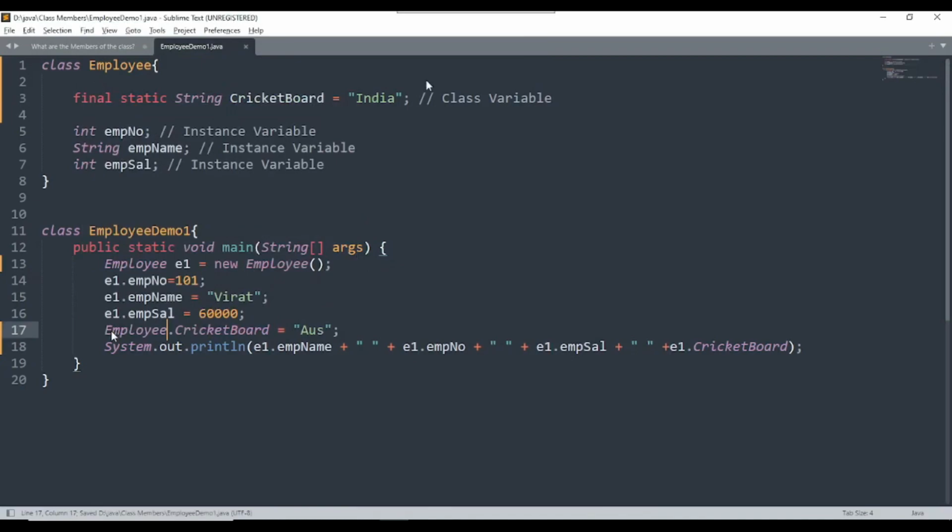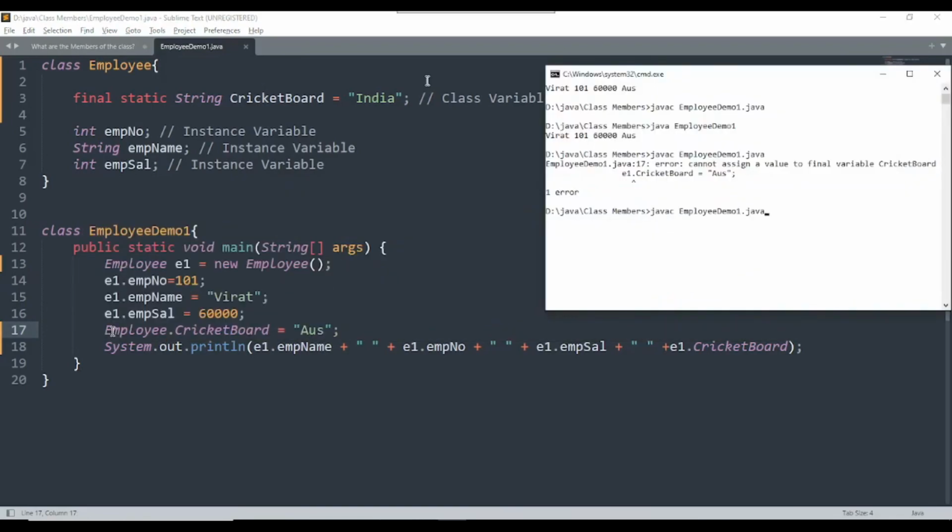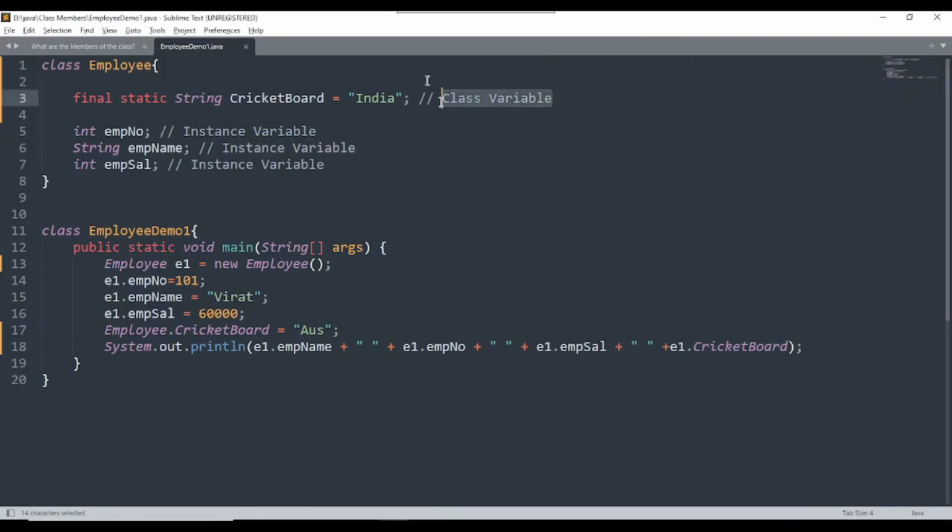Employee.cricketBoard, what we have done, now I change from the object to the class name: Employee.cricketBoard equal to Australia, compiling the file, the same error, we cannot assign a value to final variable. So if you have created a variable as final, then the value of that final variable cannot be changed by using an object or by using a class name. The value of the final variable will remain the same.